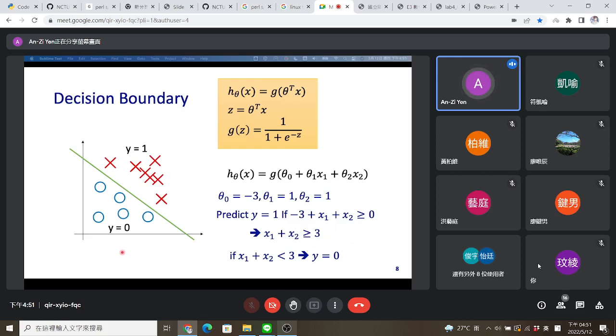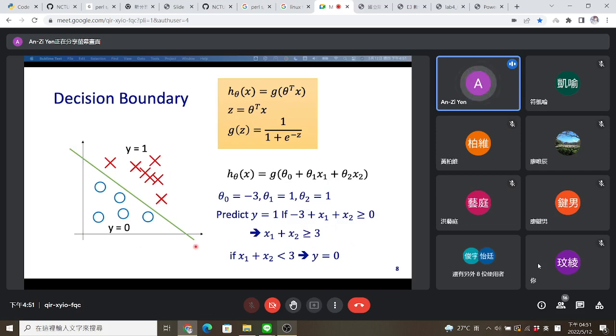So in other words, in the left region our hypothesis will predict y equals 0. So this line is called the decision boundary,